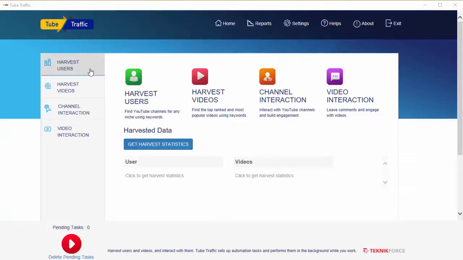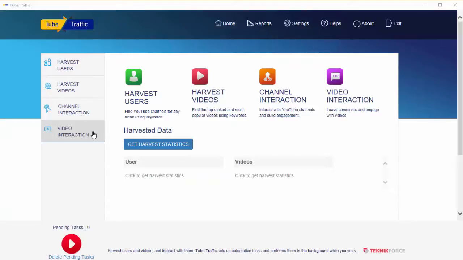In TubeTraffic, we've tried to find ways to get as much targeted traffic as possible. So we do a lot of work on getting the right kind of users, that is channels and videos, so that you can then leave comments using the channel interaction system and video interaction system and get the traffic from YouTube.